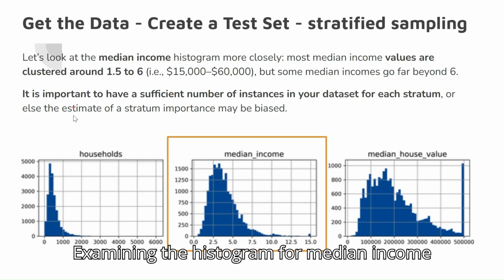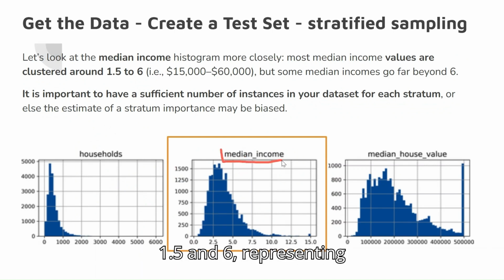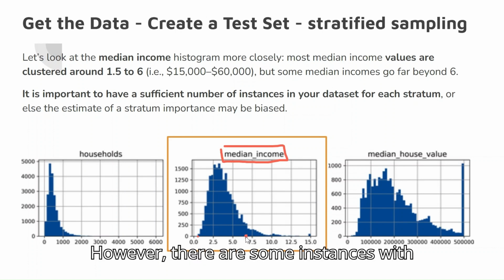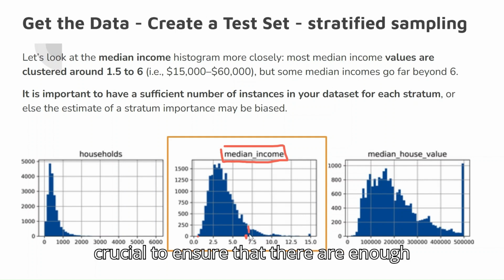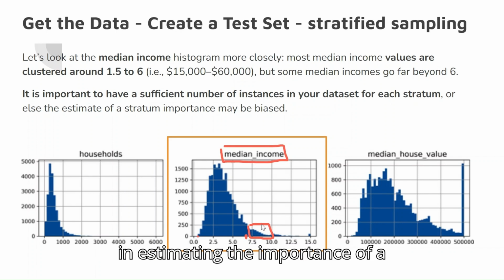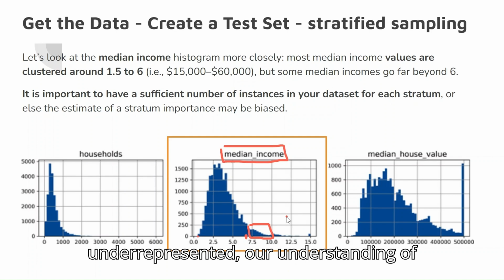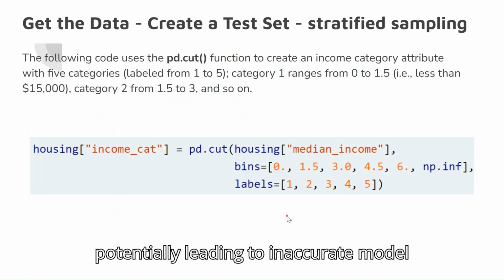Examining the histogram for median income reveals that most values cluster between 1.5 and 6, representing $15,000 to $60,000. However, there are some instances with median incomes that exceed 6. It's crucial to ensure that there are enough instances in each stratum to avoid bias in estimating the importance of a stratum. If certain strata are underrepresented, our understanding of their significance can be skewed, potentially leading to inaccurate model